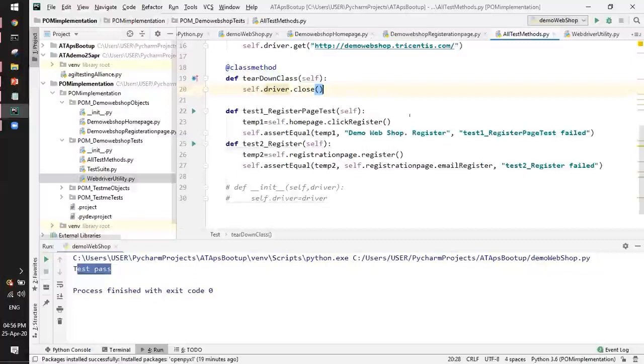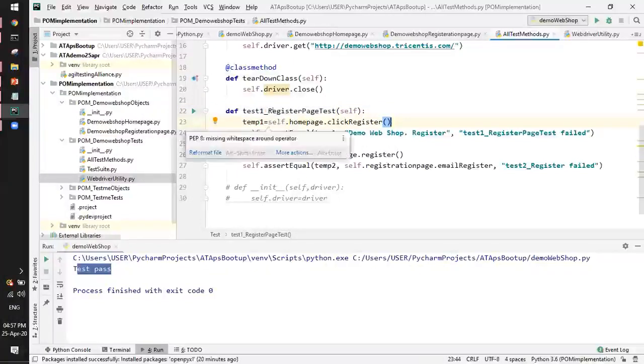So here is an interesting thing. One more thing I want to tell: whichever test method I want to declare, the test method name should start with the keyword test. After that, whatever you want to write, you can. Similar to that, I have written here test1_registration_page_test.